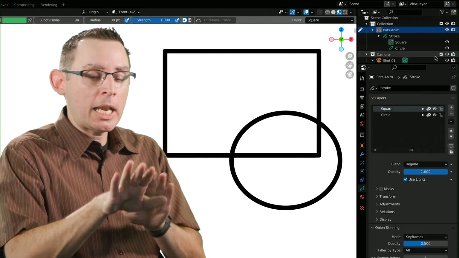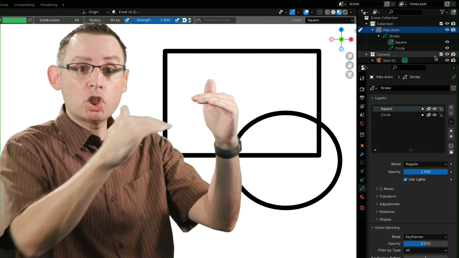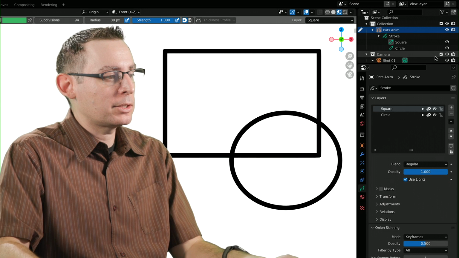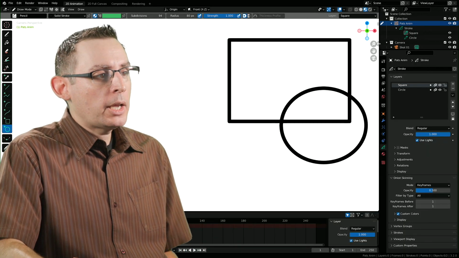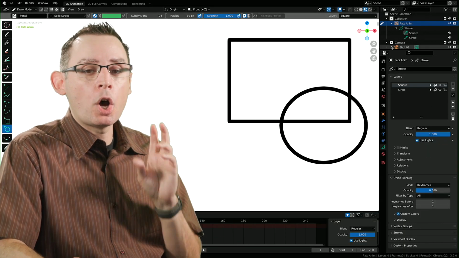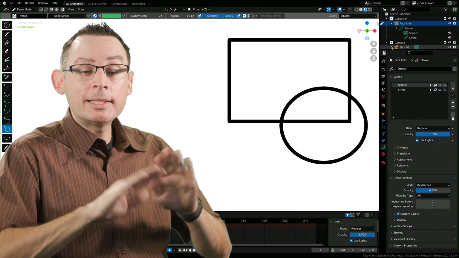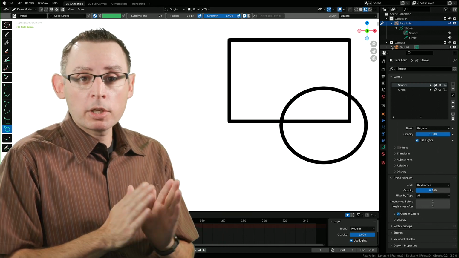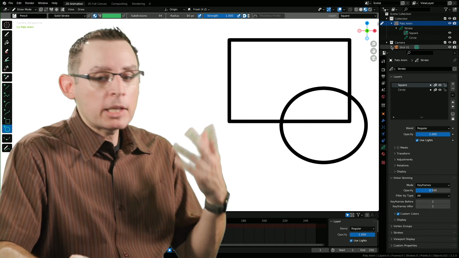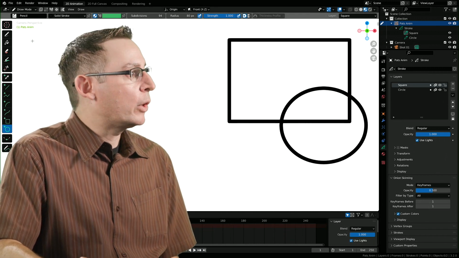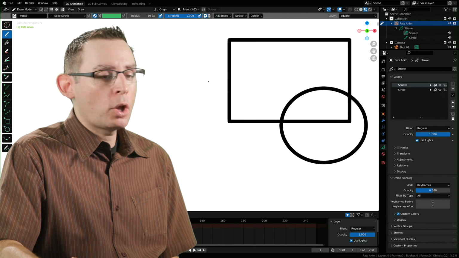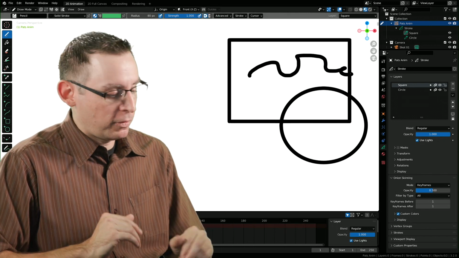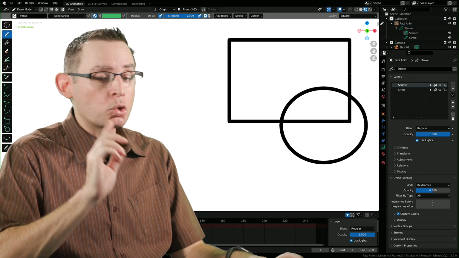Now that we have an understanding of the hierarchy and the relationship between all of these different items, let's take a look at how we can work inside of this. Let me zoom out. At the moment, I'm working inside of the drawing mode. The drawing mode is the default mode inside of every two-dimensional workspace project file in Blender, and as one might imagine, it's going to allow us to draw very quickly. I'm going to go into my simple draw tool. I'm on my square layer here, and I can put any number of things in there quite quickly. I can just draw freely.